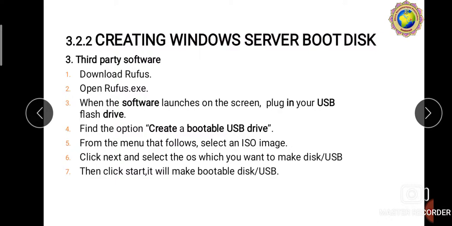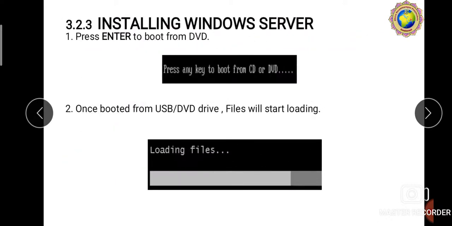So let's start installing Windows Server. Whenever you install Windows Server, you have to follow these steps. Press enter to boot from DVD. Whenever you press enter, you will see this pop-up box on your screen: press any key to boot from CD or DVD.